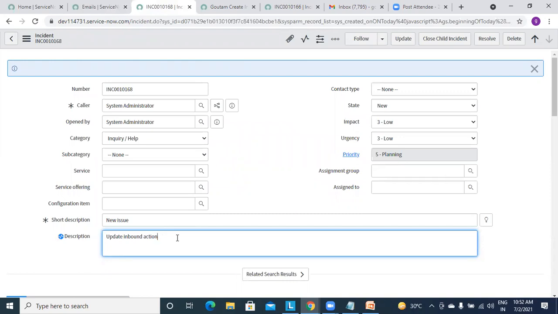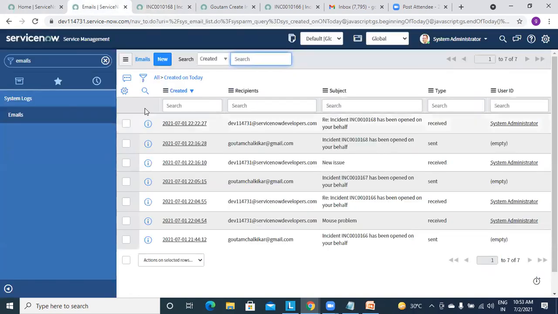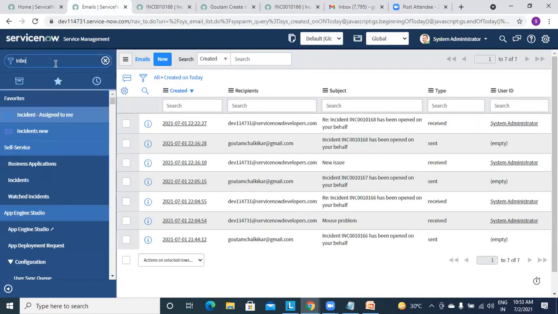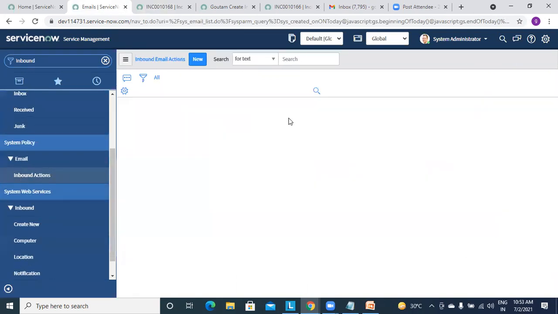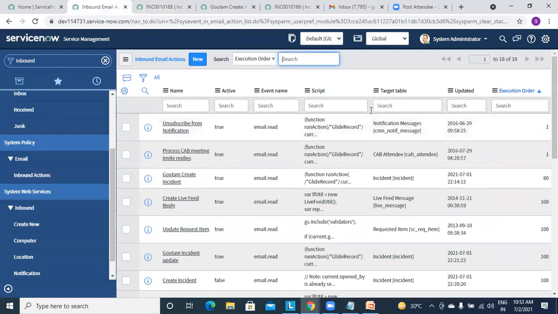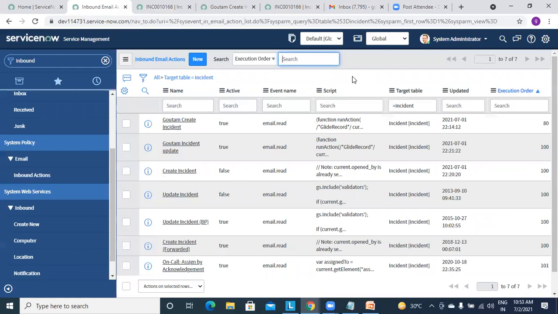Yes, coach. So if you don't have an inbound action for reply, it will not work, so you surely have to create it. And one more thing, inbound actions. This is a compulsory question asked in interviews: what is email inbound and what is email outbound. You have to tell this. And they will surely ask you the types also: new, reply, and forwarded.